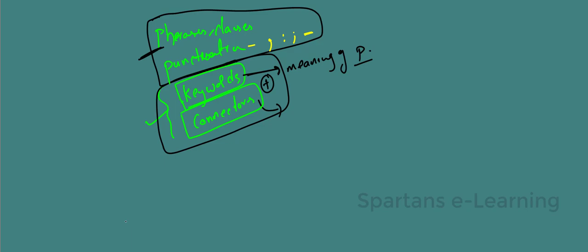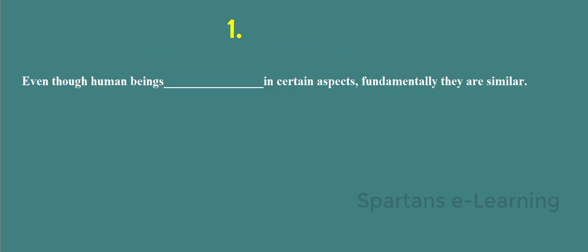I have discussed what you need to crack text completion and sentence equivalence with accuracy: phrases and clauses, punctuation, keywords, connectors. Now the approach must be, don't imagine your answer. You have to go by logic itself. That's why you should always cover up your options. Whatever options are given in the question, don't look at them. First read the sentence given, then using these keyword and connector strategies, arrive at some meaning.